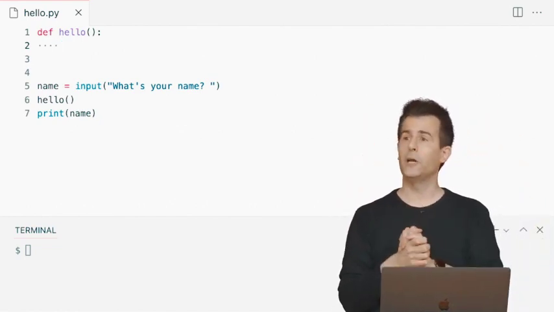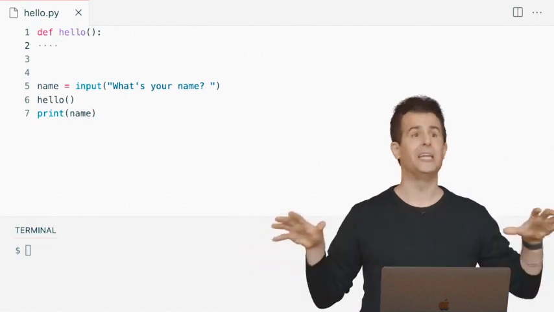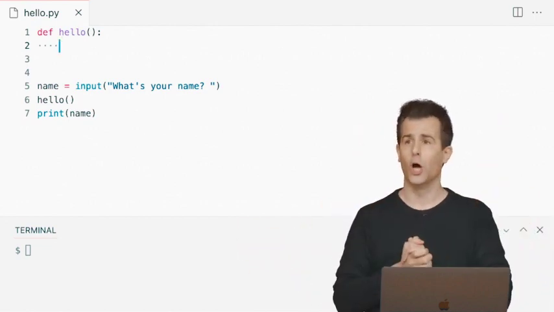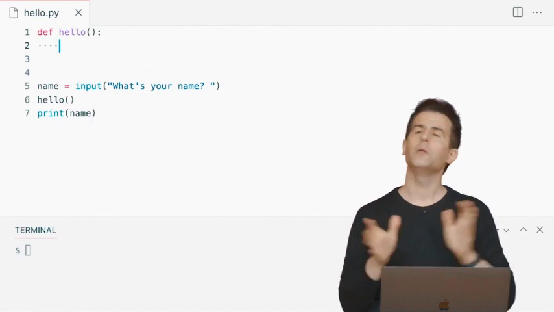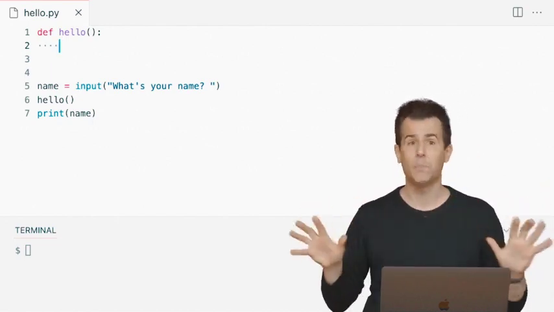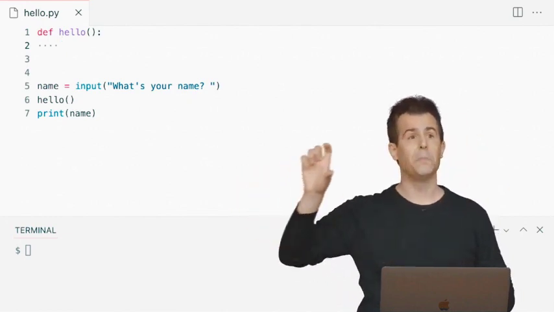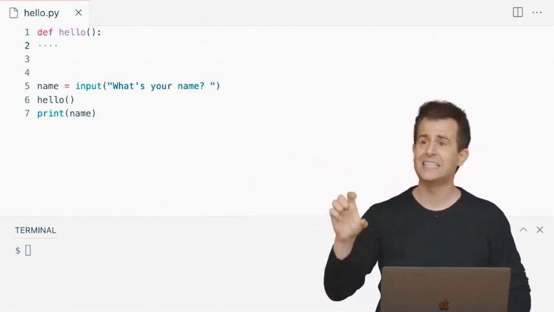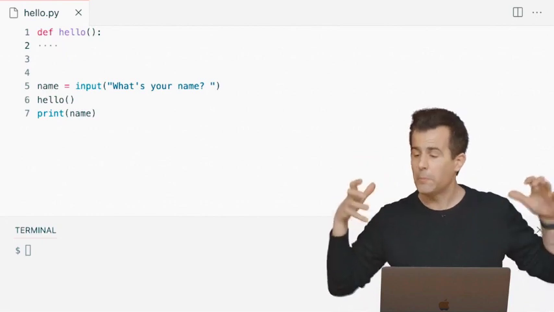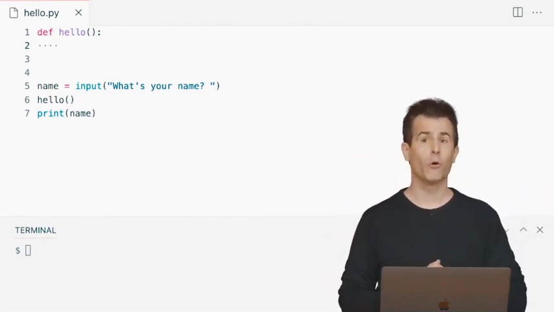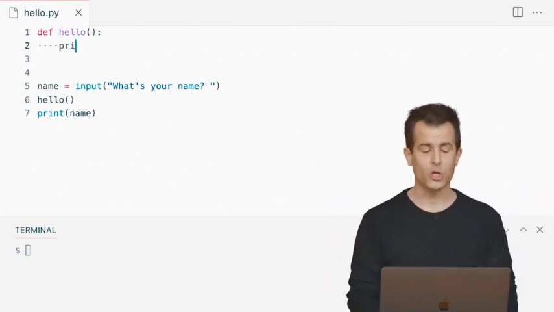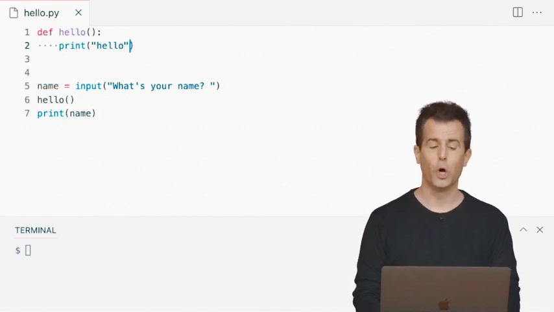So def is important, as is the space. I get to choose the name of the function, and I'm choosing to call it hello. The parentheses with nothing inside means that this function at the moment is not going to take any inputs, no arguments there too. The colon means stay tuned for some indentation. Everything that's indented beneath this line of code is going to be part of this function. It's going to be a super short function, one line of code. It's just going to print out quote unquote hello.